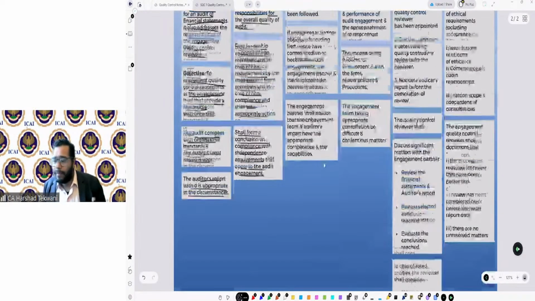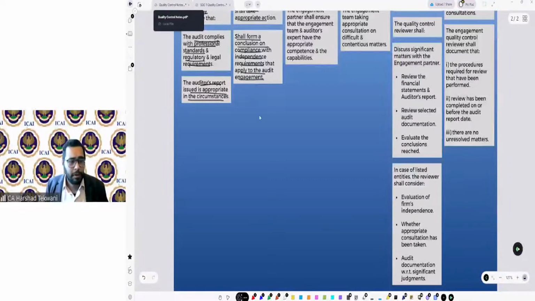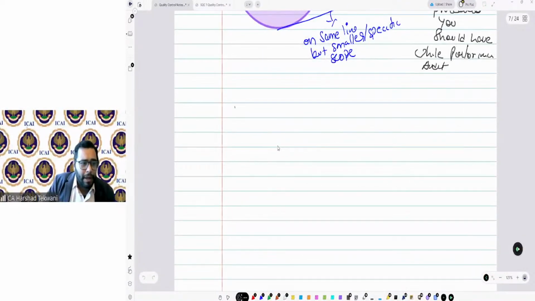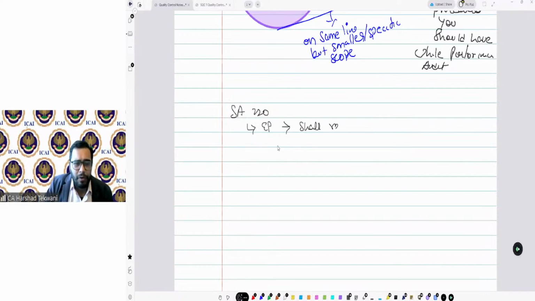Or in other words, I'll explain with an example. SA 220 says the engagement partner shall review or ensure compliance with two things. Let's say, for example,